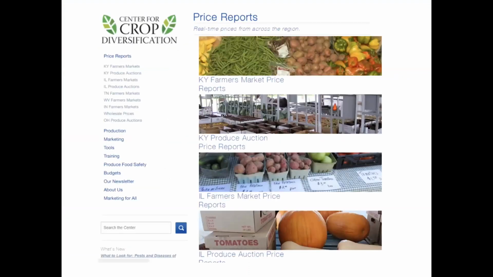trying to answer that first question, what's the going price? This is a screenshot of our Center for Crop Diversification website. And it's our greatest hits page, basically. So these are the price reports. On the left-hand side of the screen, you can see it says price reports and all those different sub-genres listed there. We offer, most pertinent to this group, we offer Kentucky Farmers Market price reports, and we offer those every